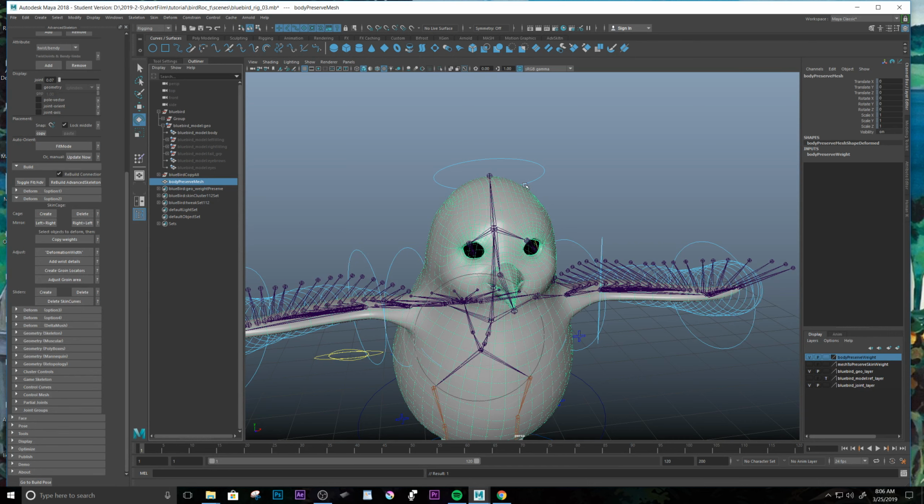And I'm also gonna add another color to it, so it's distinctive from the other one. So I'm just gonna do Control 1